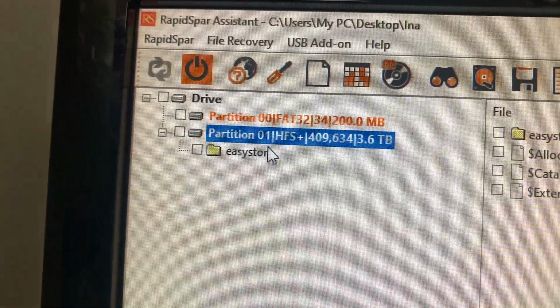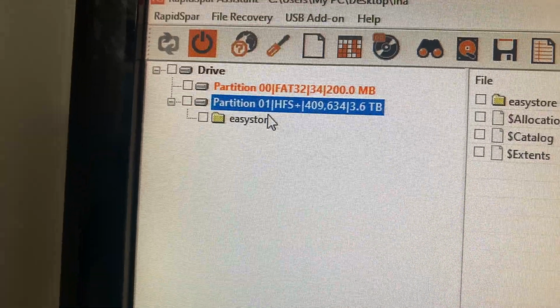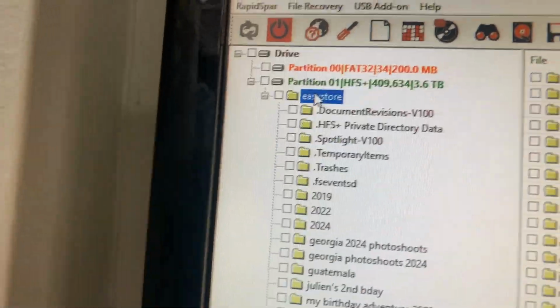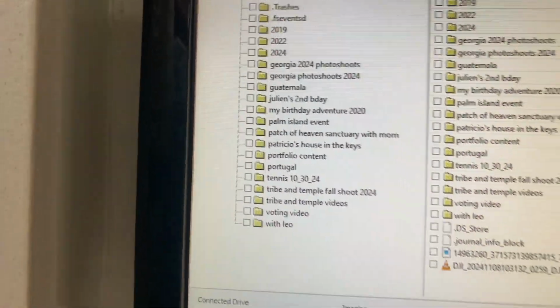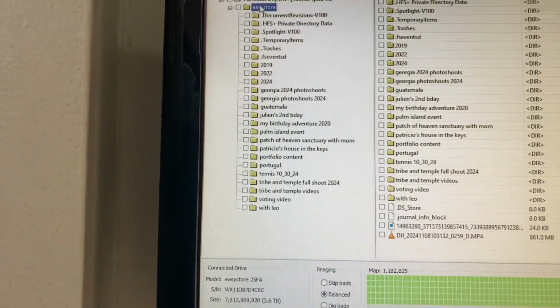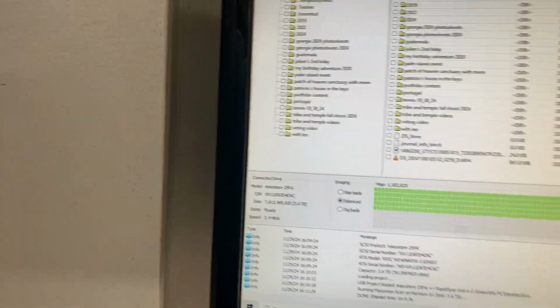Right? So it gave us originally our 2 partitions. We're going to scan for partitions. It just finished. So it found that folder, and all the folders are there, readable. So here what I do is I'm going to